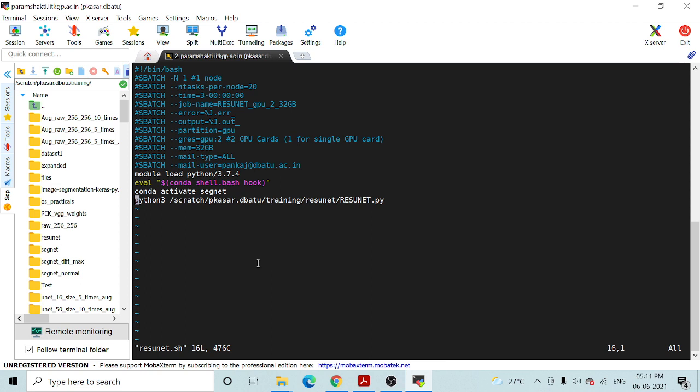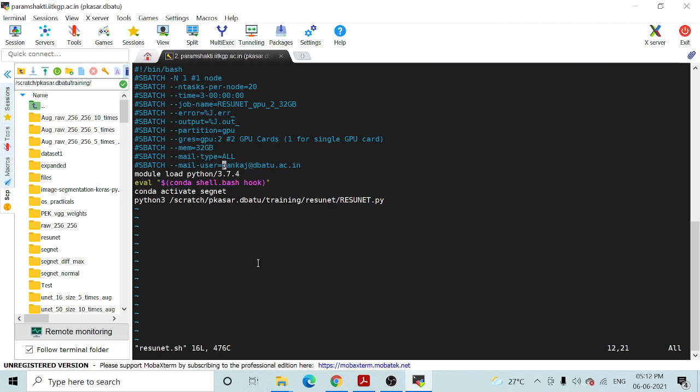Now here, if you see what change I have made, instead of one GPU I am specifying two GPUs, because I am going to execute my job on one GPU node with two graphics cards. So this change will be there. Here the GPU partition obviously will be GPU, and here it will be 2. GRES is equal to gpu:2. In the previous case it was 1, and I will require a total of 32 GB memory obviously, 16 GB for each card.